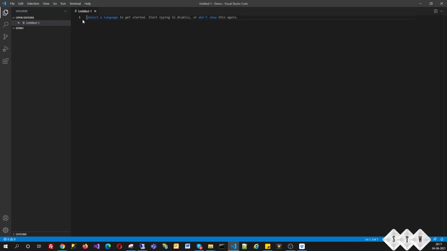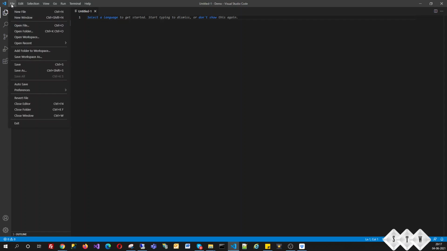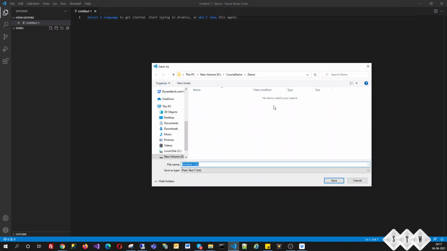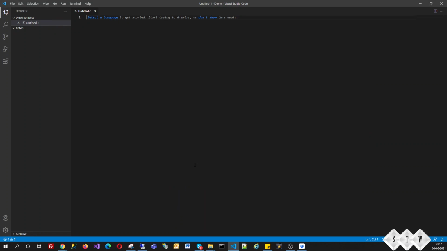and you can see it is created with a default extension. So we need to change the extension to the right one. Let me type index.html.